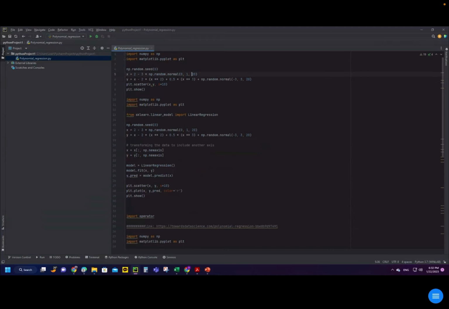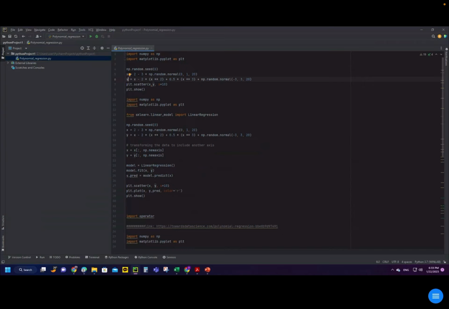For y we are going to generate the equation x minus 2x squared plus half x cubed, and then we add random normal data. Here x will range in values from 0 to 1, and you are going to generate 20 values, and then we add random normal data to create finally your y.